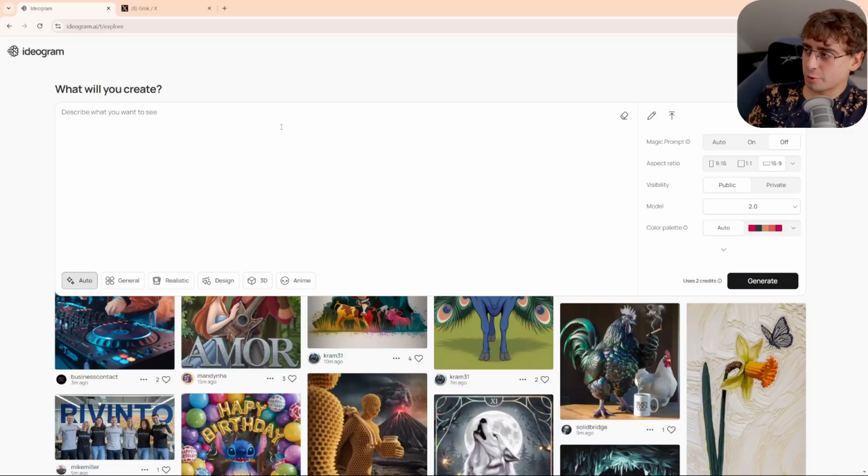Overall, I think the conclusion I'm trying to come to is that Ideogram 2.0 is easily one of the best, if not the best, image generator I've ever used at this point. That's including features in the app, along with the overall quality of the different styles it can produce.